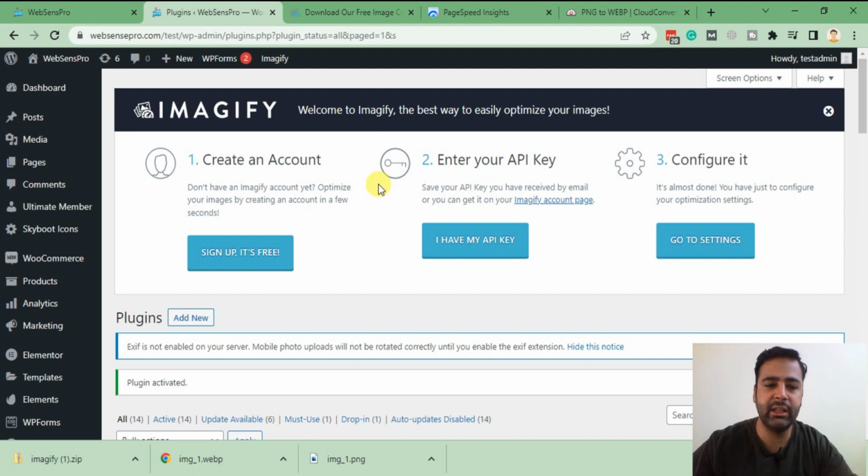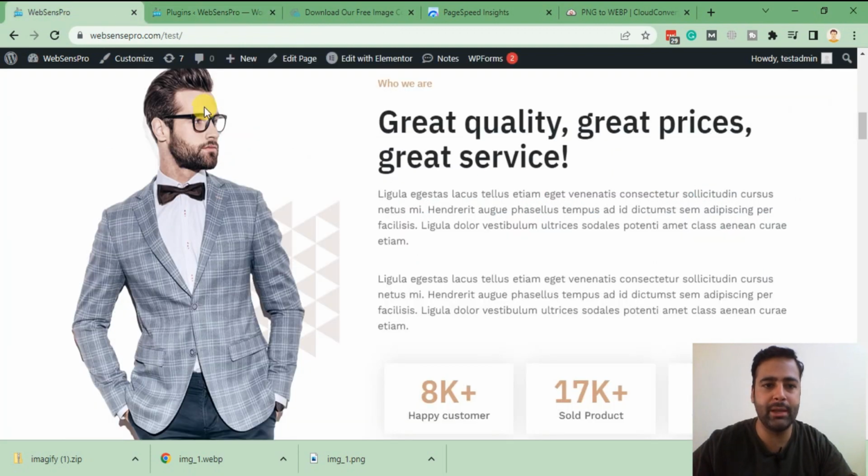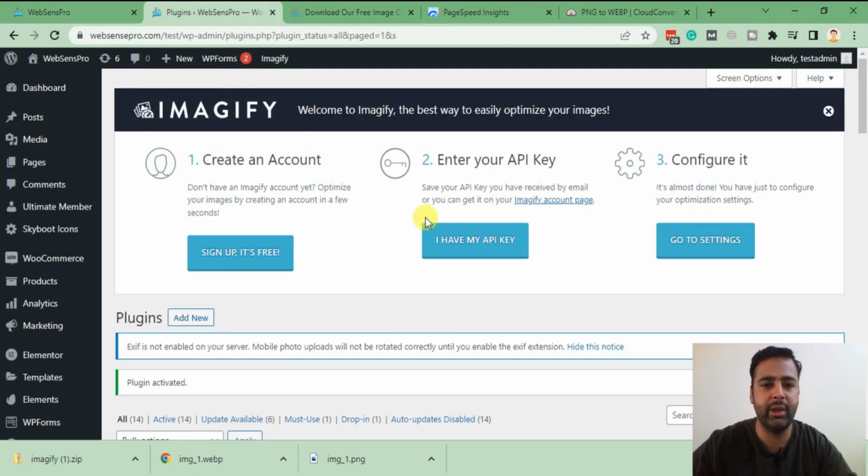After activating the plugin, it's asking you to sign up for an Imagify account. It's free to use, but on a free account, they have a limit of 20 MB image optimization per month. So you can optimize 20 MB of your images per month. That's the limitation for the free account, but we can use that in order to optimize a home page and some of the inner pages as well. I'm going to click on sign up